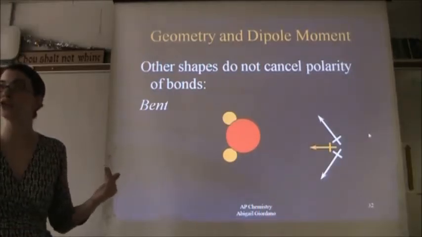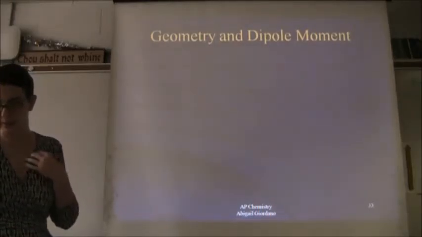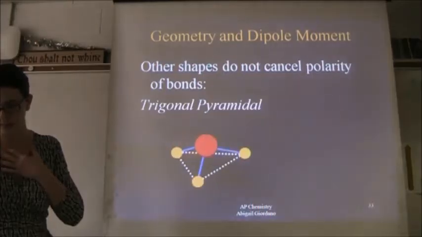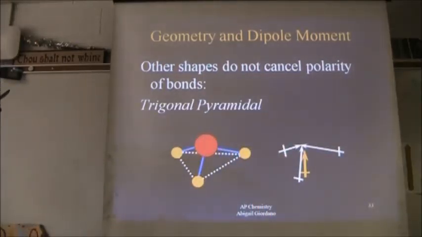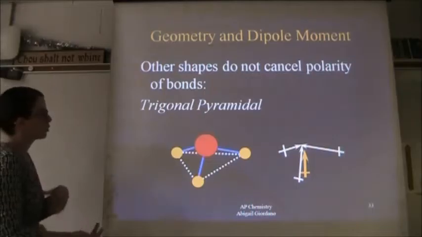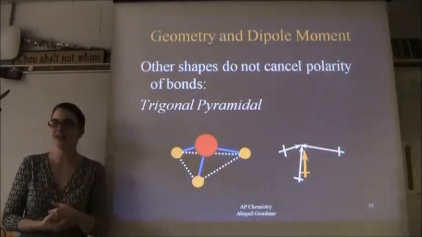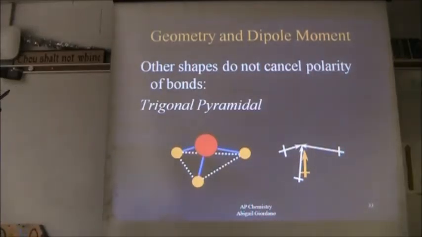Okay. Here's another shape that will always be polar. You should be familiar with. Trigonal pyramidal. It's like a very short tripod kind of shape. Trigonal pyramidal does not cancel out the polarity of the bonds. Okay, and there are others, but